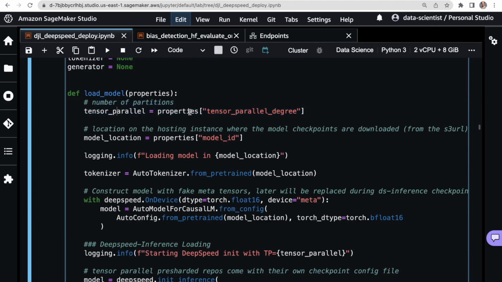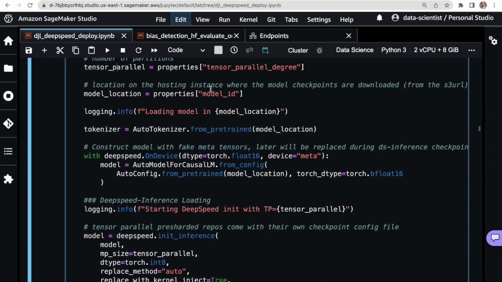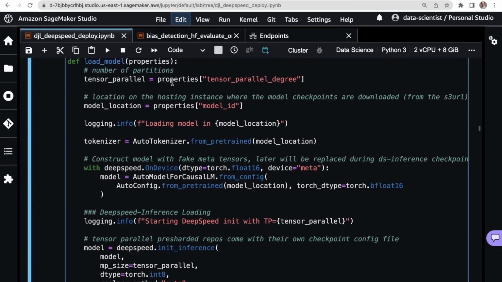So remember, tensor parallelism, as we learned about in the session on distributed training, is a way to take your neural net, especially a layer in a neural network, and partition that across multiple accelerators. That would commonly be a multi-head attention block that is too big to fit on a single GPU, so you need multiple GPUs or accelerators to partition that out. And so that's this parameter, the tensor parallel degree.